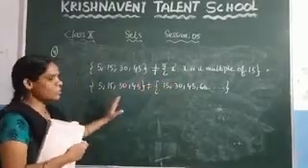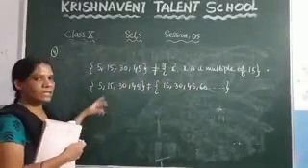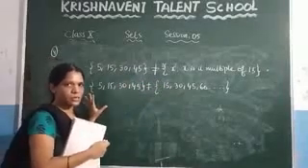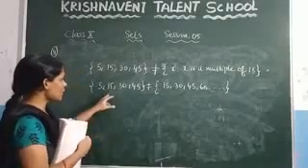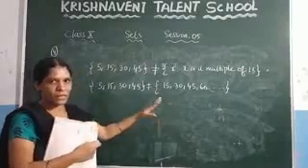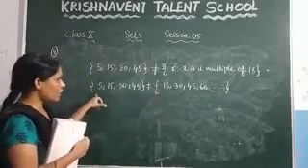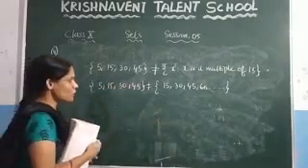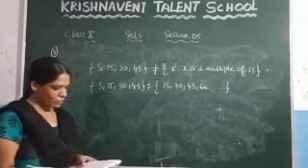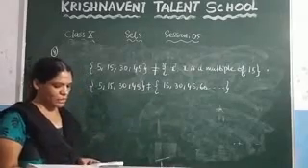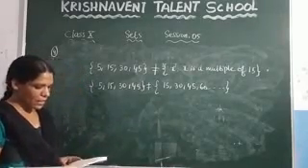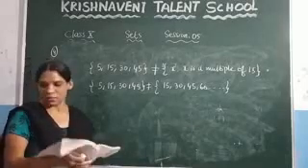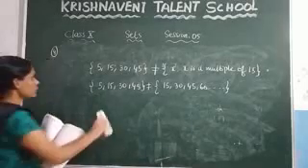We can say two sets are equal if they contain equal elements. Here you can observe that 15, 30, 45 are present, but 5 is not there in this set. So we can say that these two sets are not equal. In this exercise, one more question is there that you can do as homework, and see the last problem in this exercise.